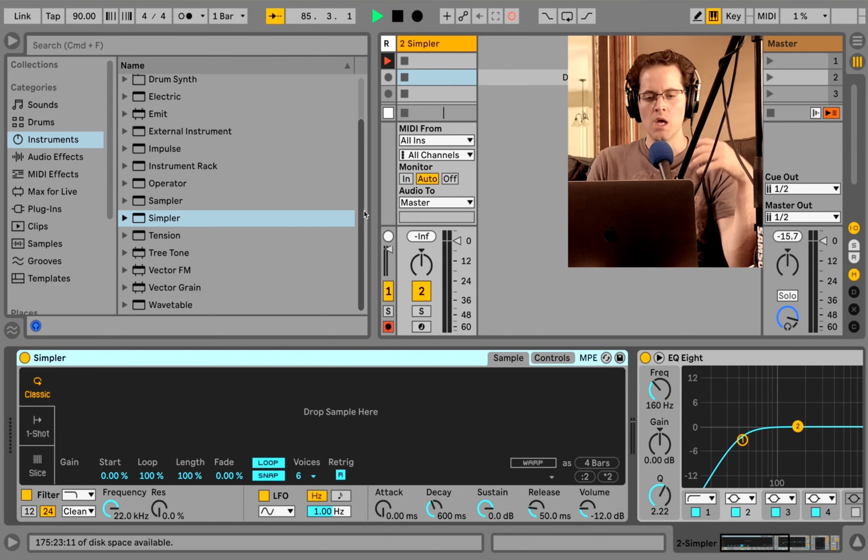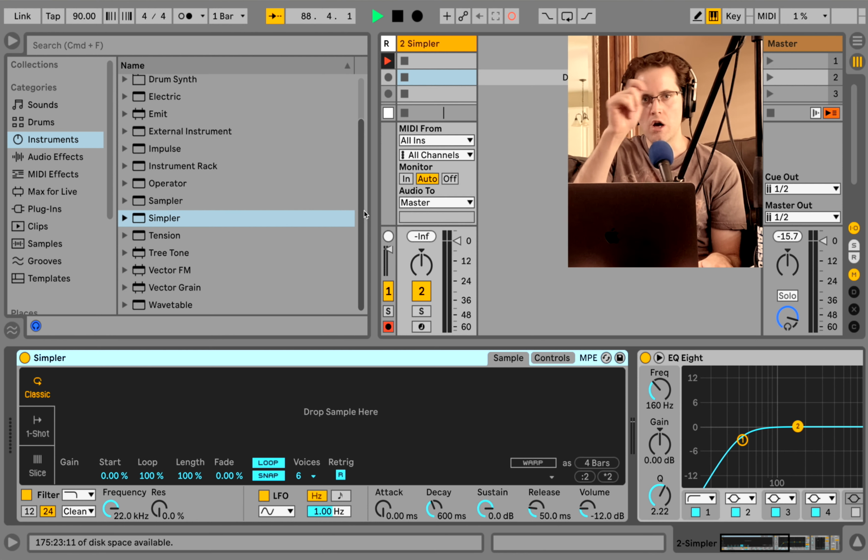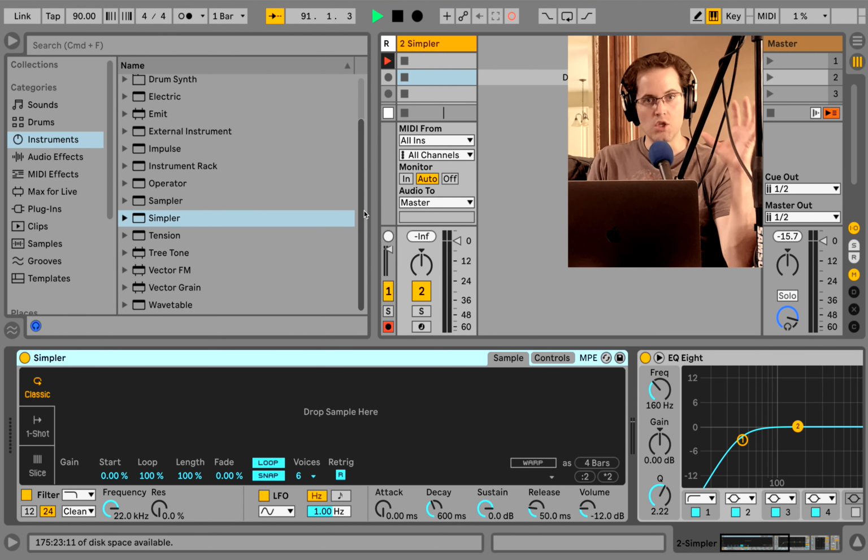Maybe someone is always playing on their MIDI keyboard, and that forms the backbone of everything they make. Or someone is always drawing in notes by hand with the pencil tool. Or maybe someone literally all they do is work with samples.